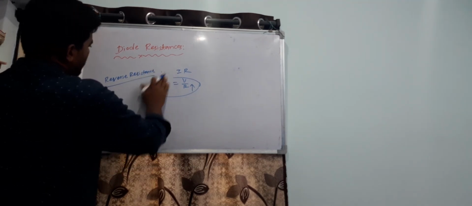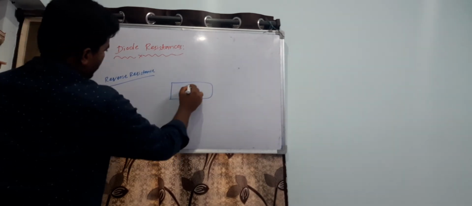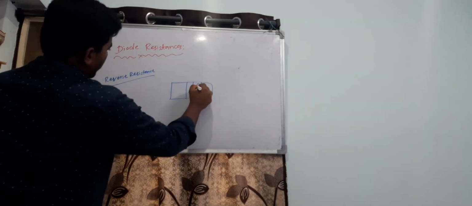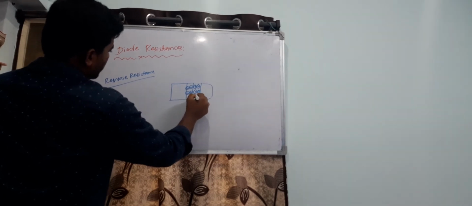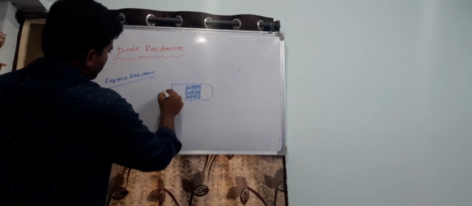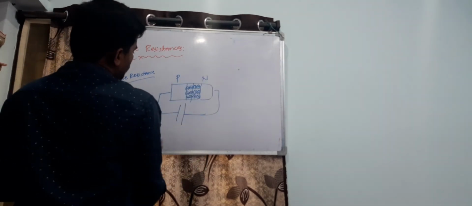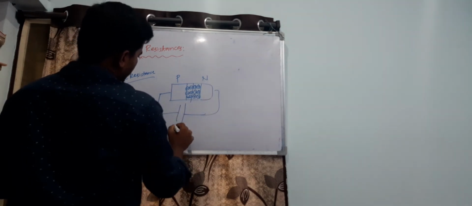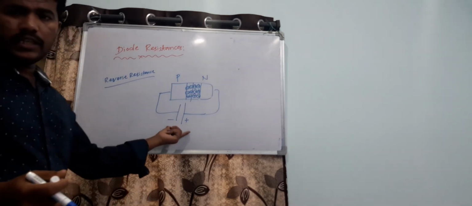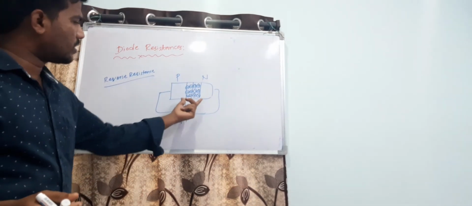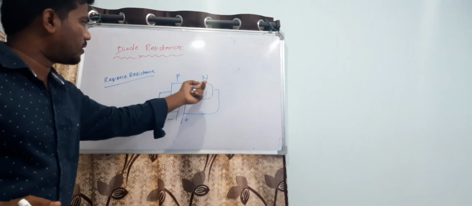What happens in the reverse resistance? There is no derivation for this, just the theoretical part we have to see. When the diode is connected in reverse bias condition, the depletion region width will be increased compared to forward bias condition. There is no chance for holes to move from p to n side and electrons from n to p side. When I increase the voltage, the built-in potential is increased. The barrier is increased, but there is no way for electrons to cross from n to p and holes from p to n.